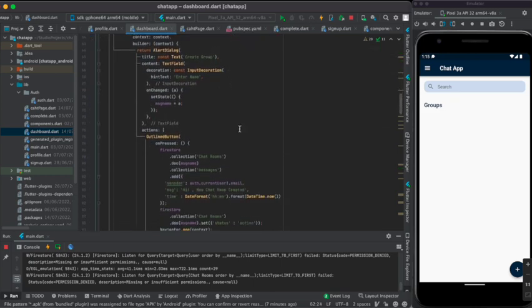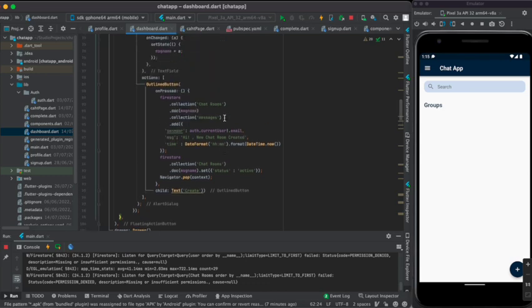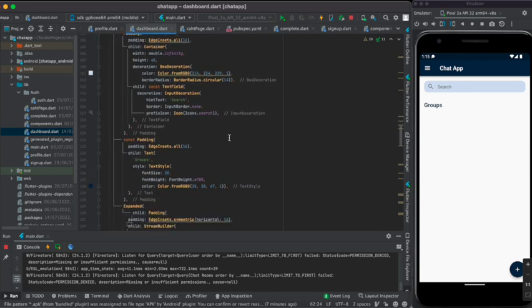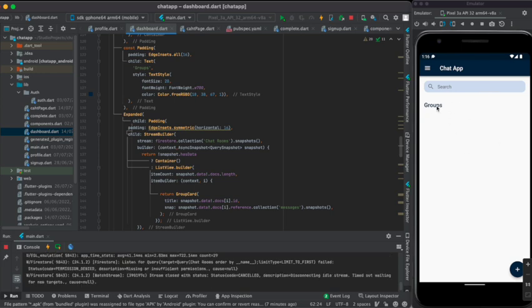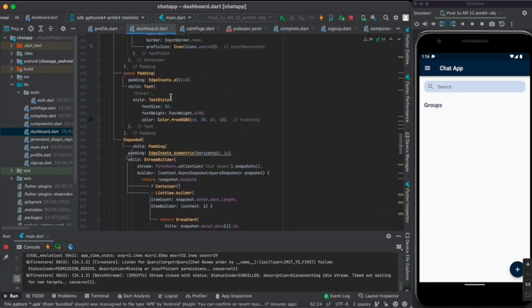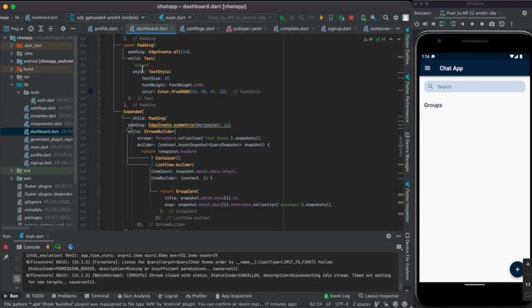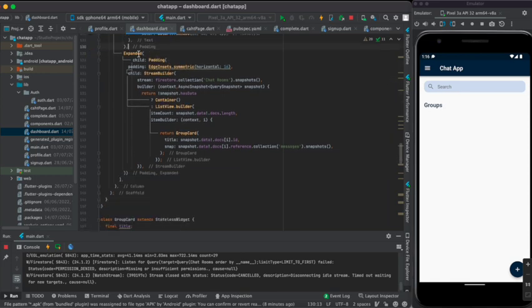So inside the dashboard, I'm going to explain everything. As you know, this is a group chat, so here this is the title called groups, and I removed all the cards from here. After this group, that means this padding widget which contains this group text, I created one expanded widget, and I added a padding widget into it, and in the padding widget I added a stream builder which